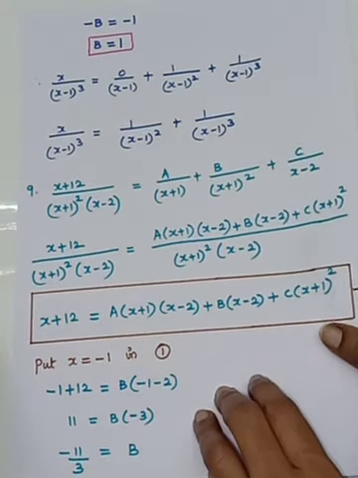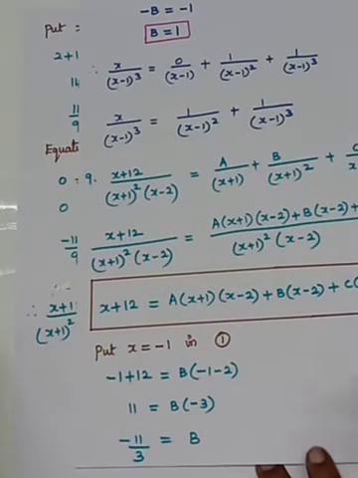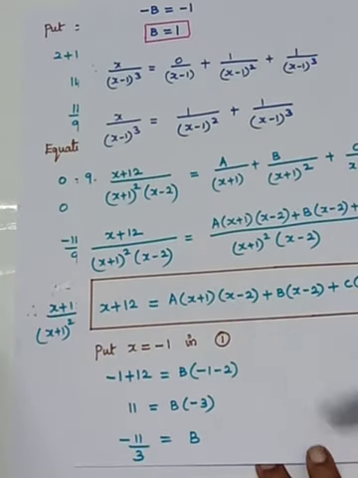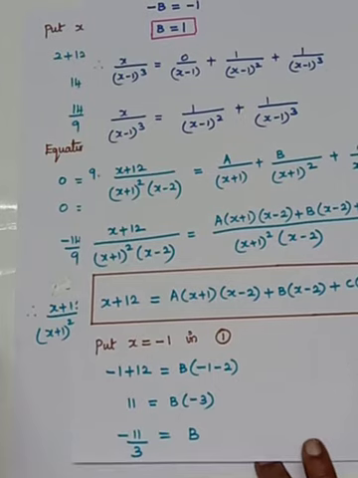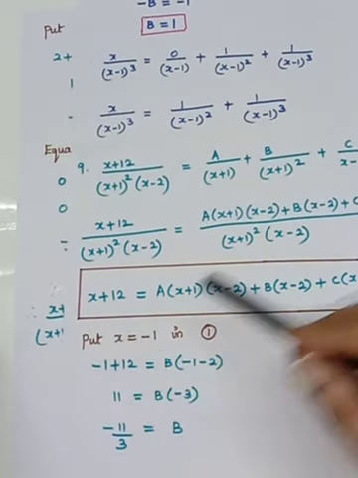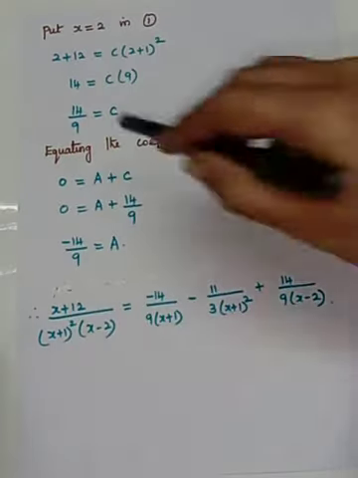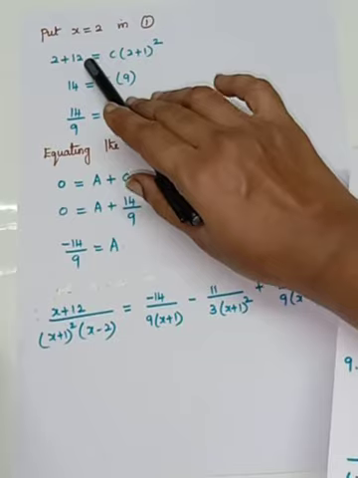Okay, see the next one. What do you have to do? What is the other linear factor? x minus 2. So you have to substitute x is equal to 2. See now, in the left side, x is 2 means 2 plus 12. So see in the next page, what are you having here? 2 plus 12, isn't it?